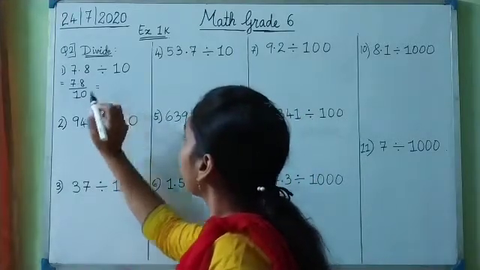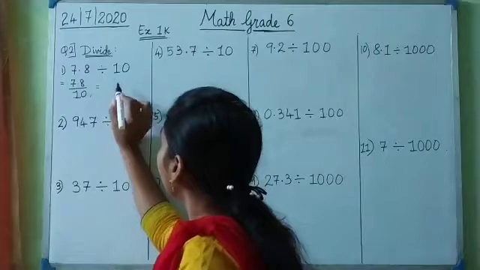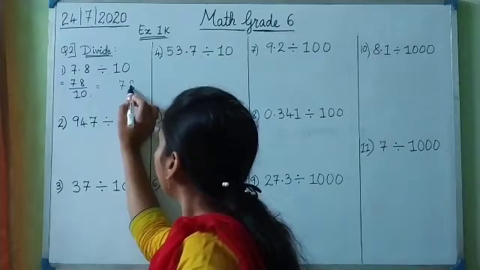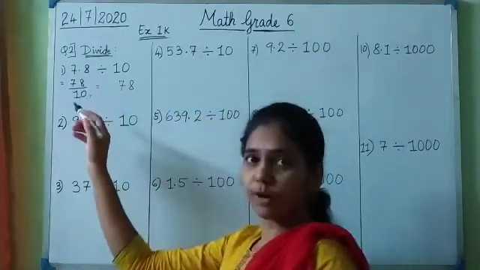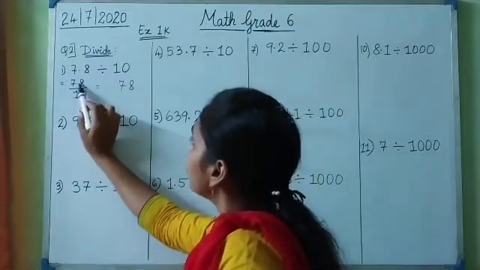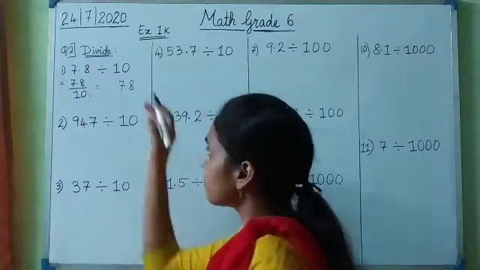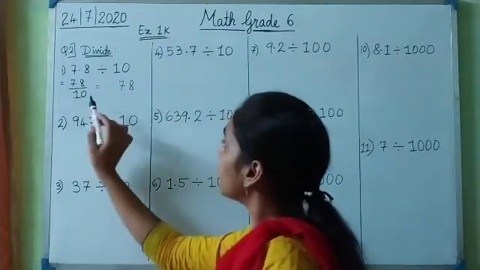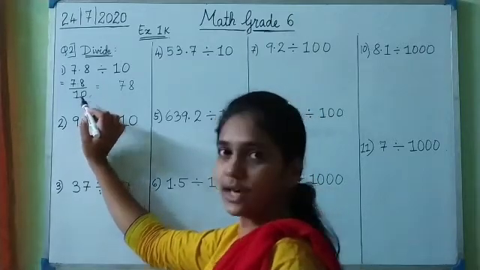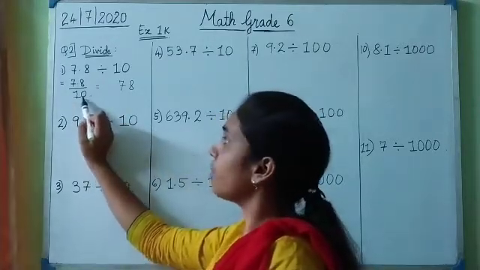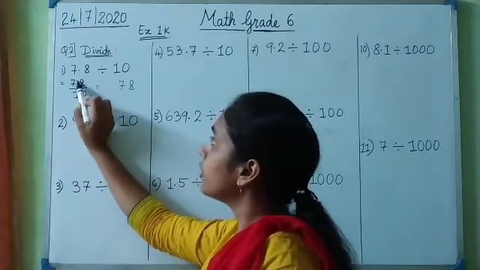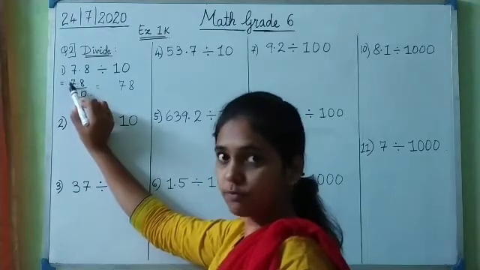First I write the number as it is, without the point: the digits are 7 and 8. Now I have to shift the decimal point to the left as many times as the number of zeros in 10, 100 and 1000. Here in 10 how many zeros are there? There is only one zero, right? So we have to shift the decimal point towards the left by one place.